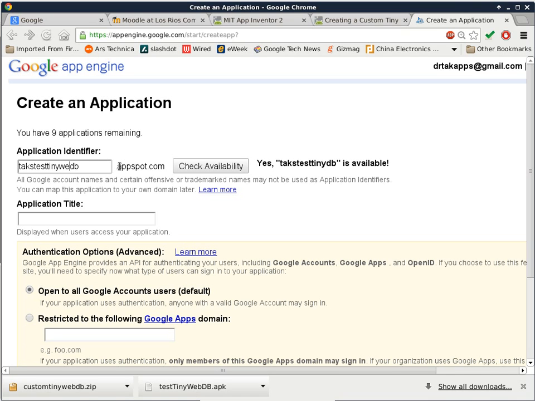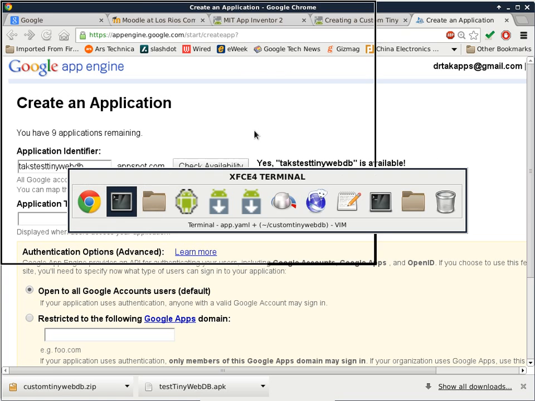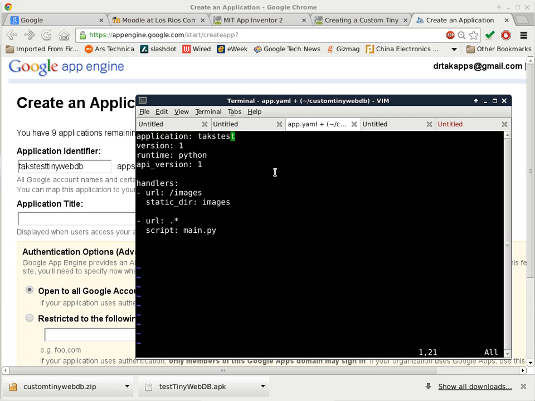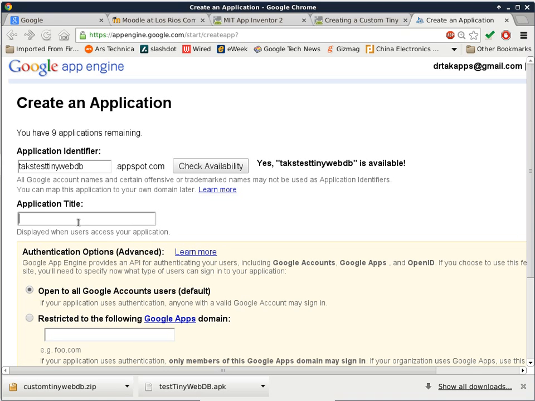We'll make it tiny WebDB, so this way it's long enough to describe what it is. So text test tiny WebDB is the application name. So these two have to match. Okay, you have to make sure that these two match. Application title, we can just say text,